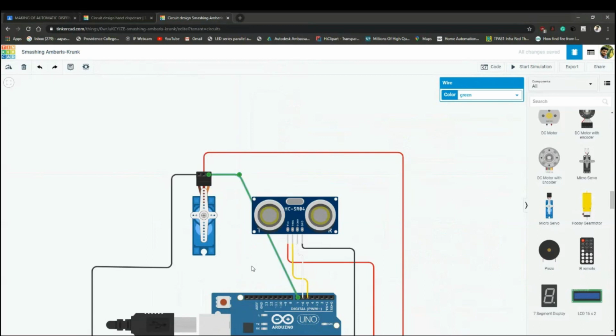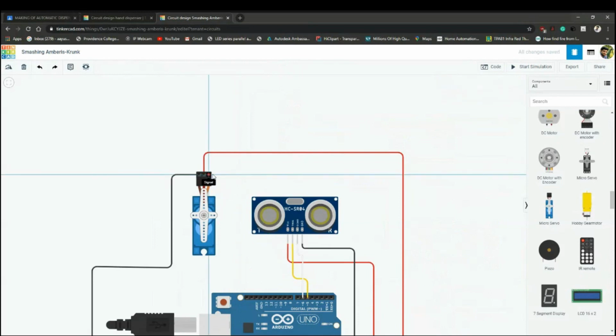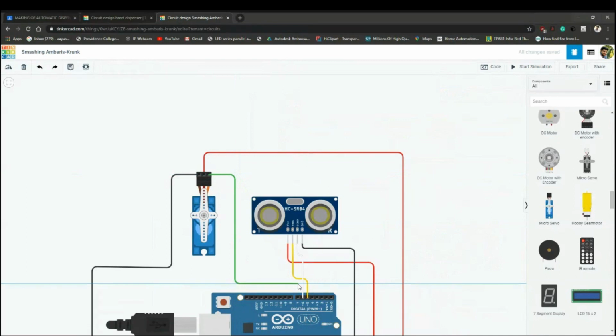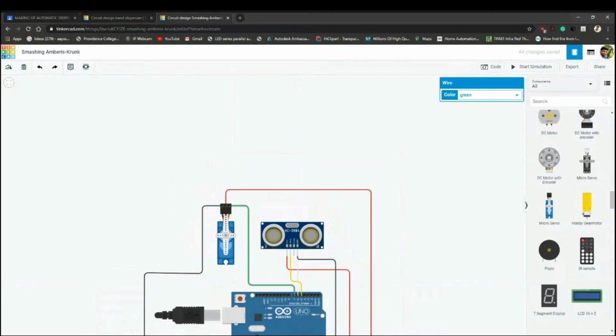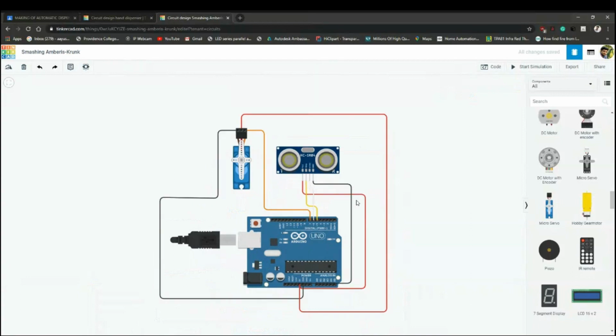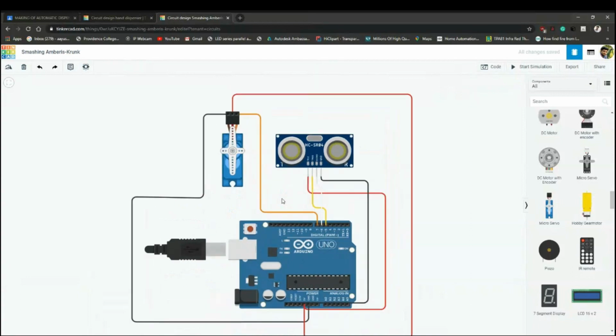Let's do it once more. I'm going to give the signal pin some other color. Let it be orange. Right now I have done all the connections.